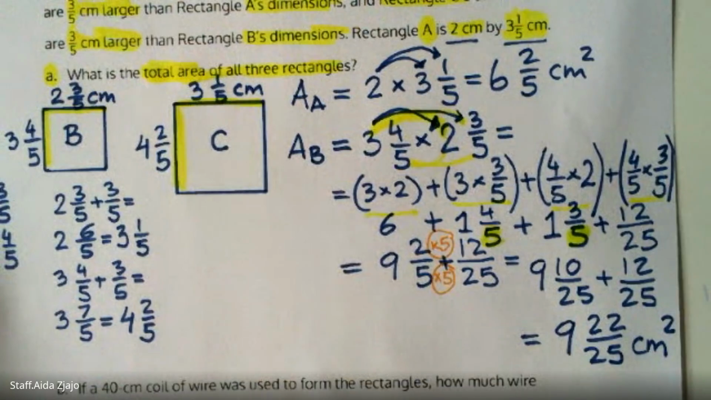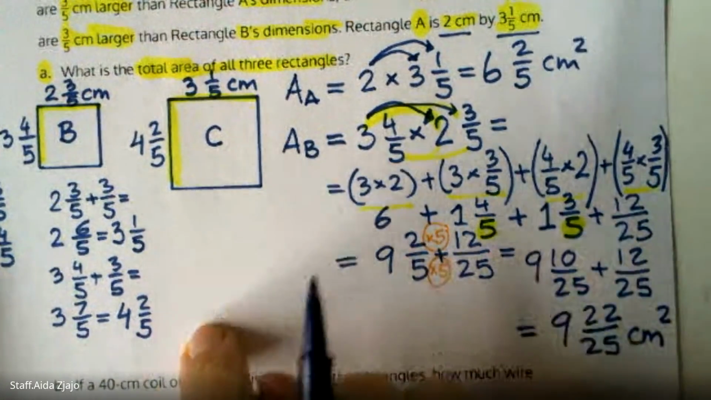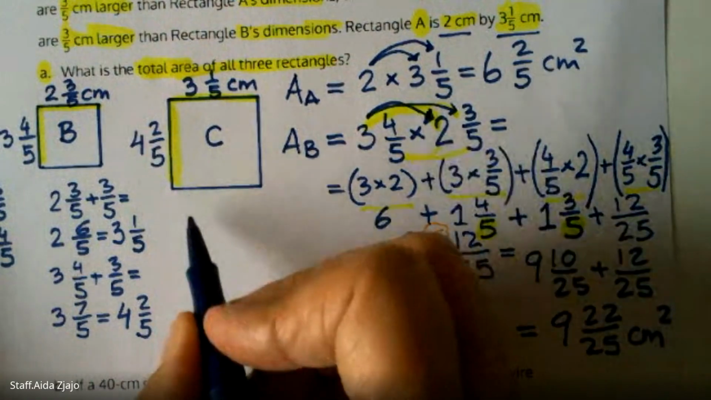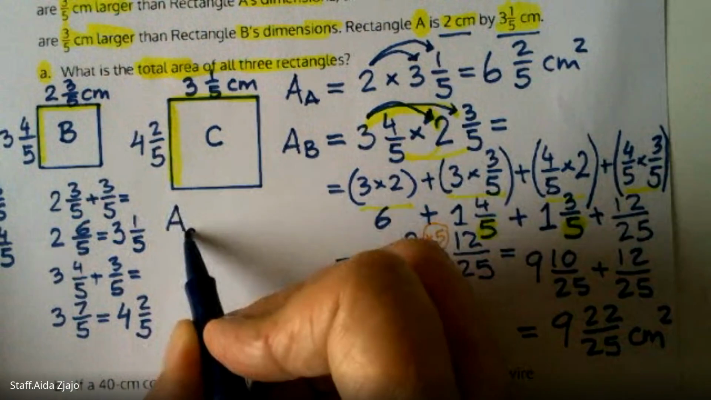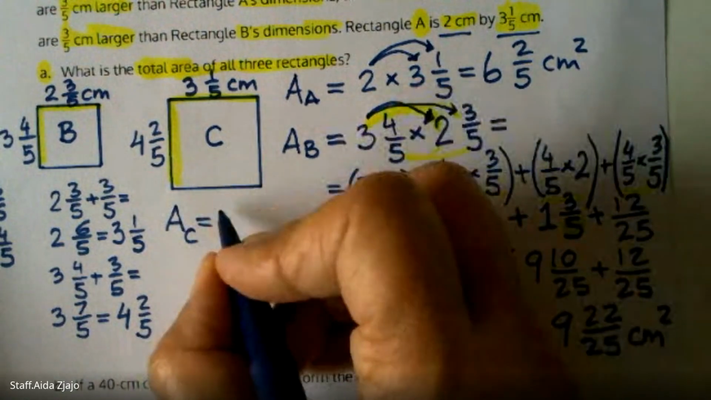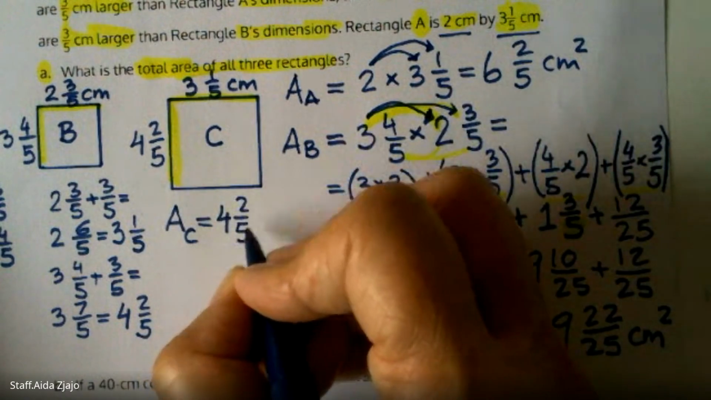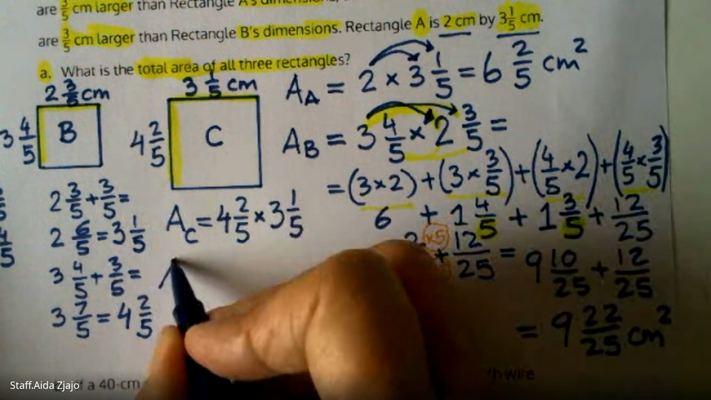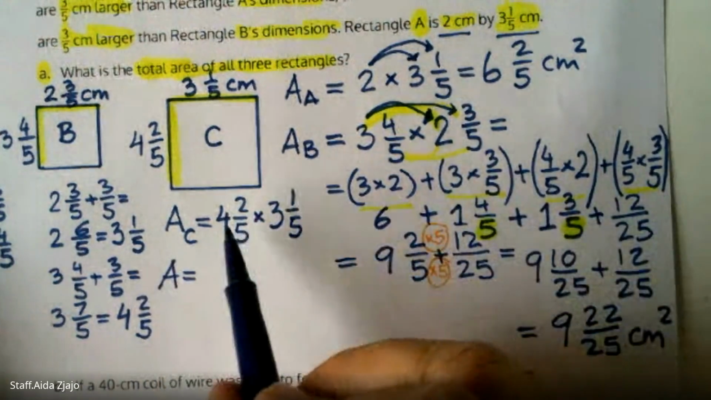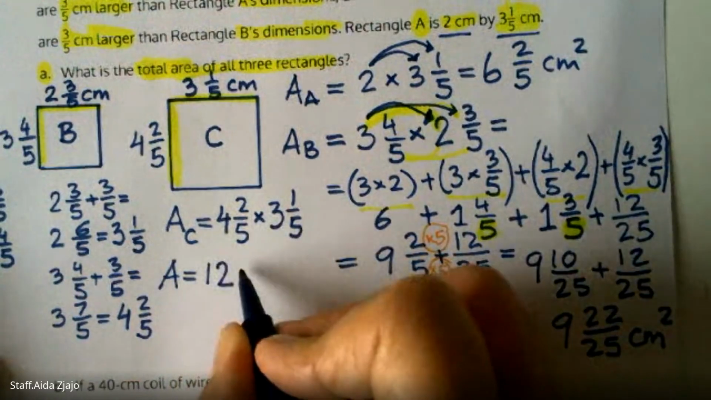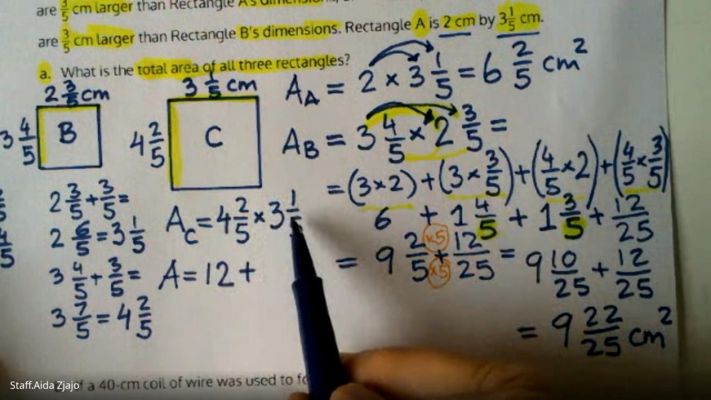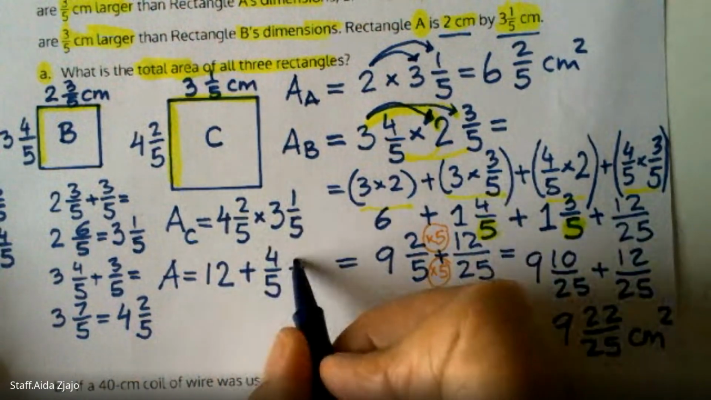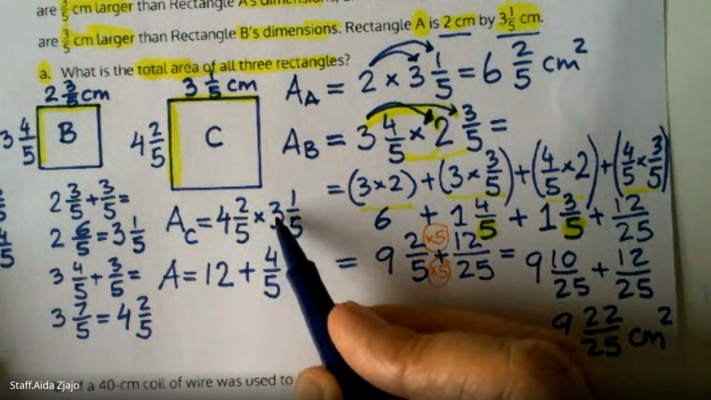Okie dokie. So now I hope I have room for the C to do here. So what do I need to do? If I do C, its area of C equals 4 2/5 times 3 1/5. So area equals 4 times 3 is 12 plus 4 times 1/5 is 4/5. Okay, plus 2/5 times 3 is